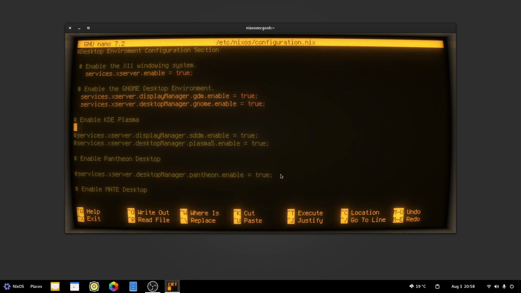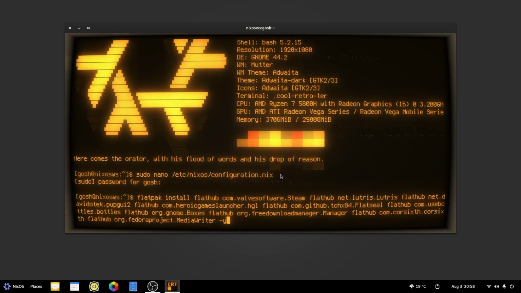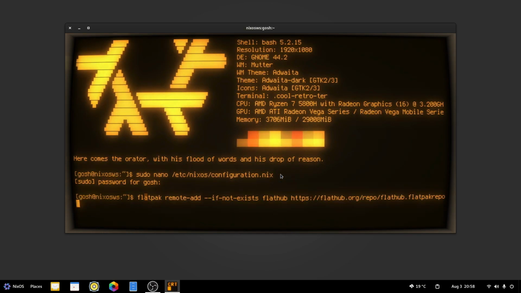I'm actually going to disable GNOME, and I feel like using KDE for a bit. So you can imagine what we're going to do. We'll just do a normal rebuild, and once we've rebuilt and are back up and living in KDE,